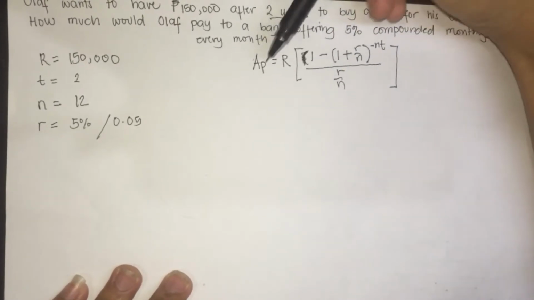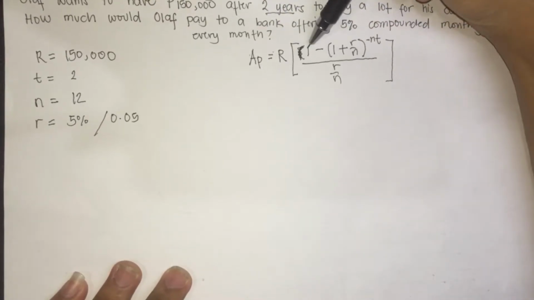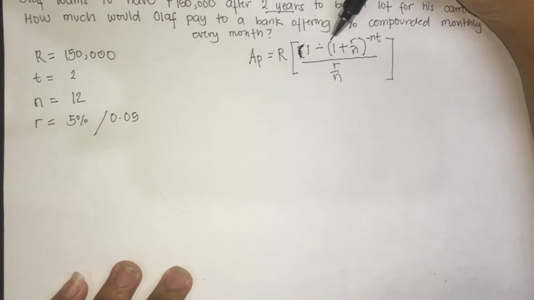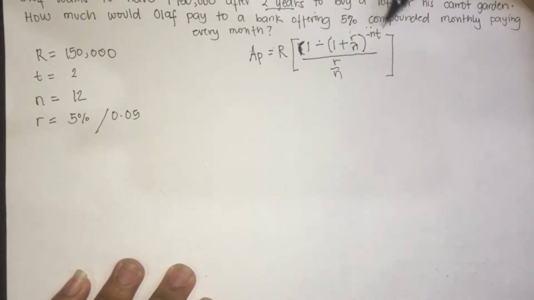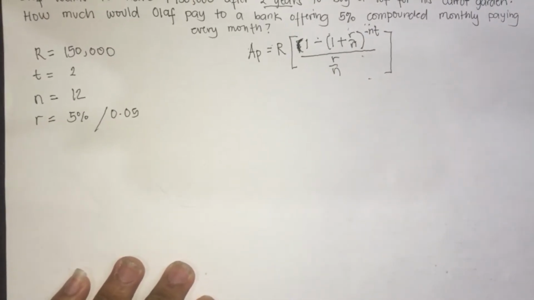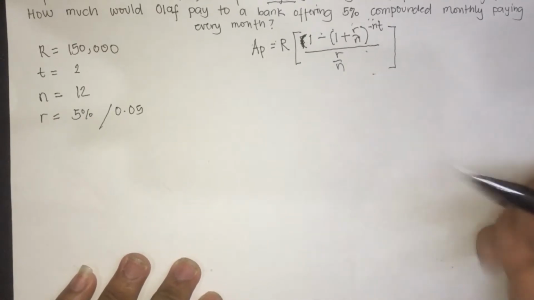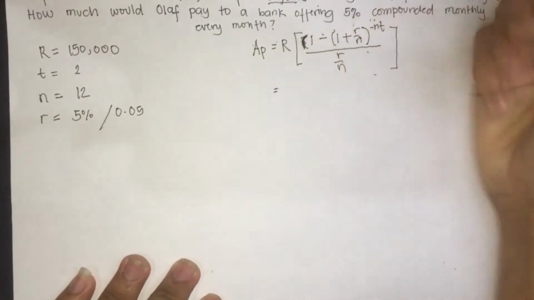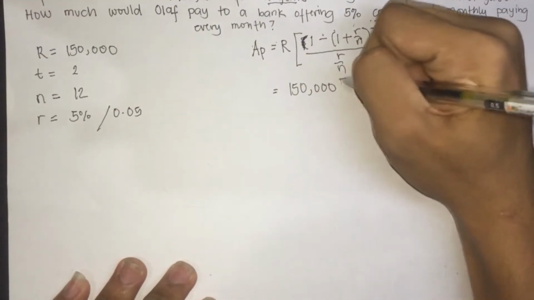So A_P is equal to R times the quantity of 1 minus 1 plus r over n to the power of negative n times t, over r over n. So after that, we need to substitute all our givens to the formula. So we have our big R, 150,000, times